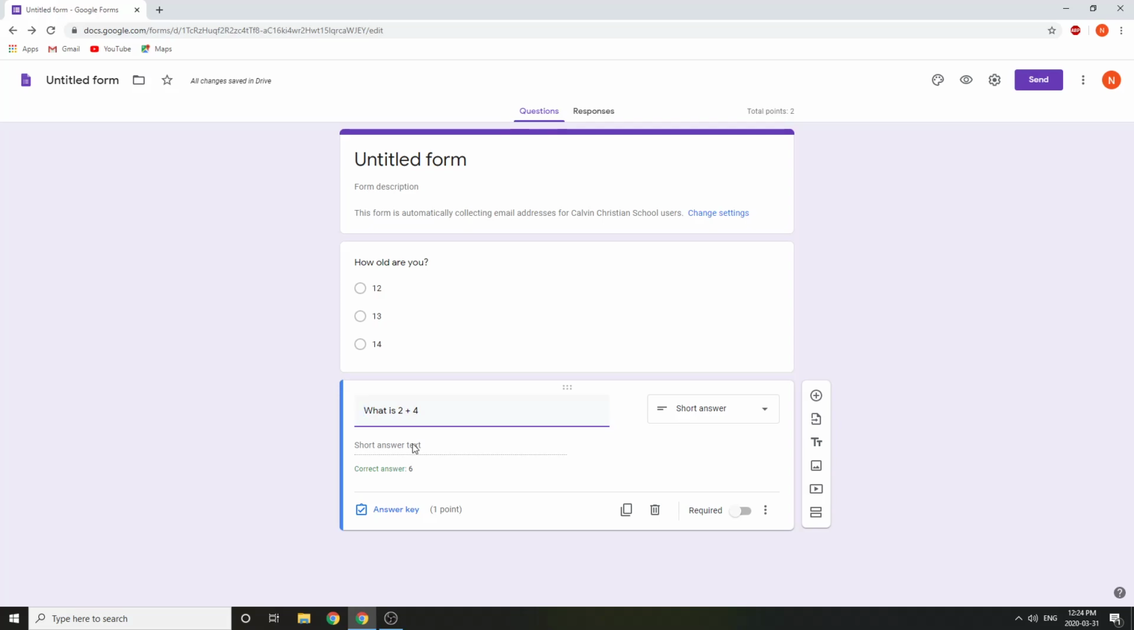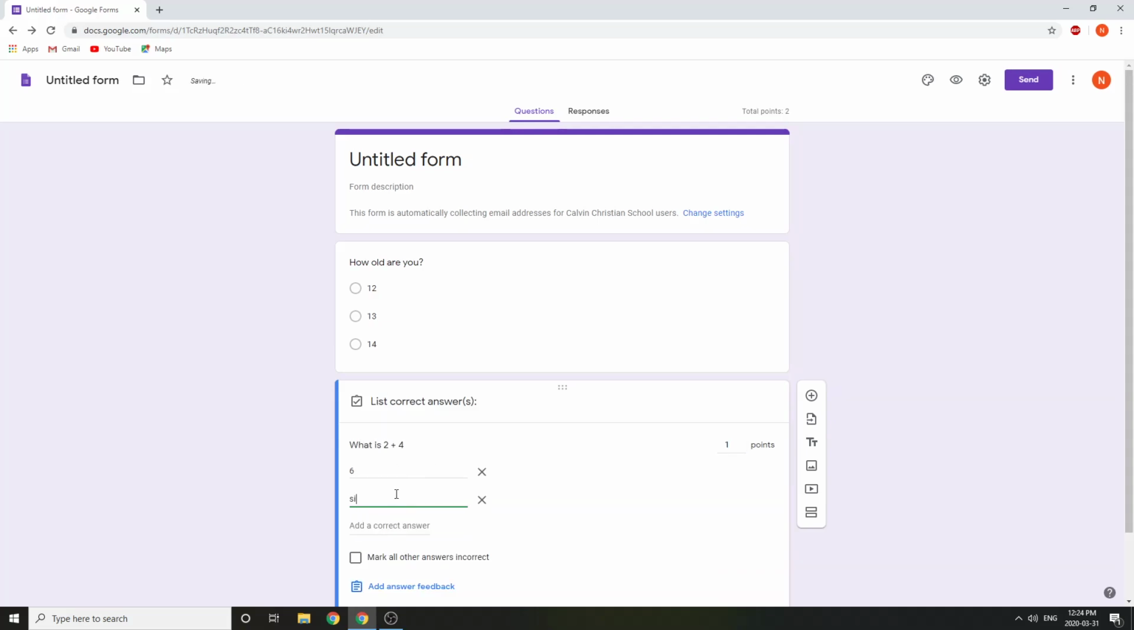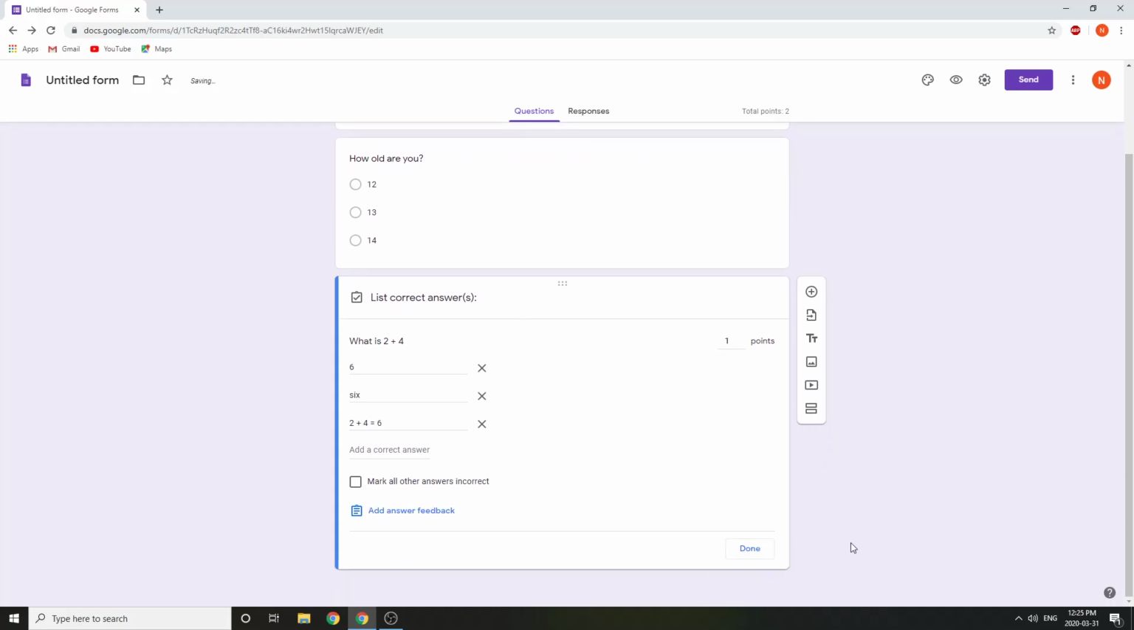six, S-I-X, or types in the whole question, 2 plus 4 equals 6. They technically got the correct answer, but because Google Forms can only match to whatever I put as correct answers, and I could put a number of correct answers too. So I could put 6 as another option. I could put 2 plus 4 equals 6. But there's no possible way for me to try to get all of the different options for what somebody might